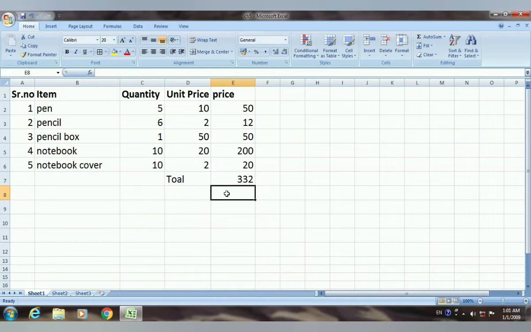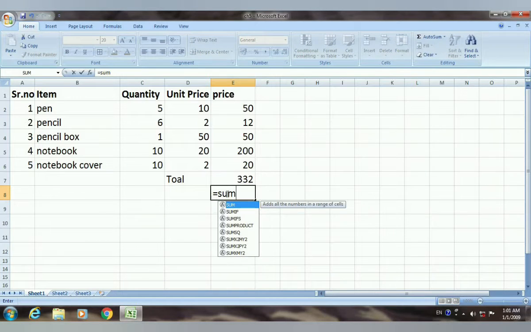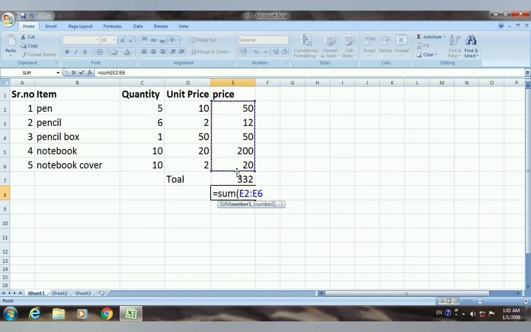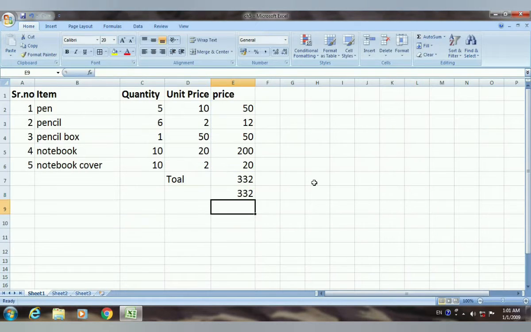Now another way I am showing you, another way is with the help of sum function. So equal sign and type the sum and do the bracket. Now in the bracket you have to provide the series of cells for which you want to do the calculation. So you just do one thing, together all the cells select. Then have you seen the effect over here? First it will display the first cell address and then after colon to separate both the cell address, and at the last we have the last cell address, that is E6. Now close the bracket and press enter. See, the same result is there.